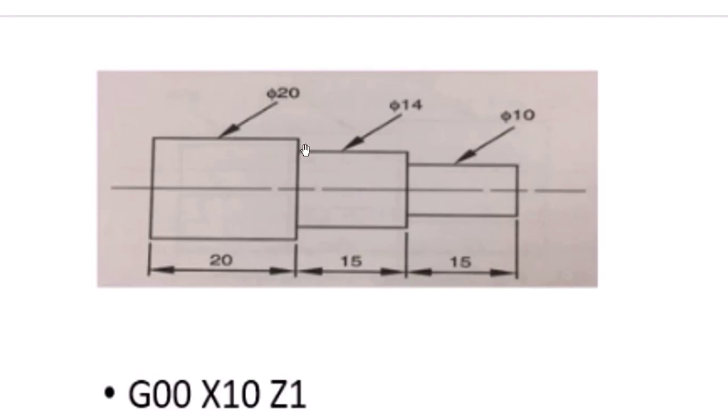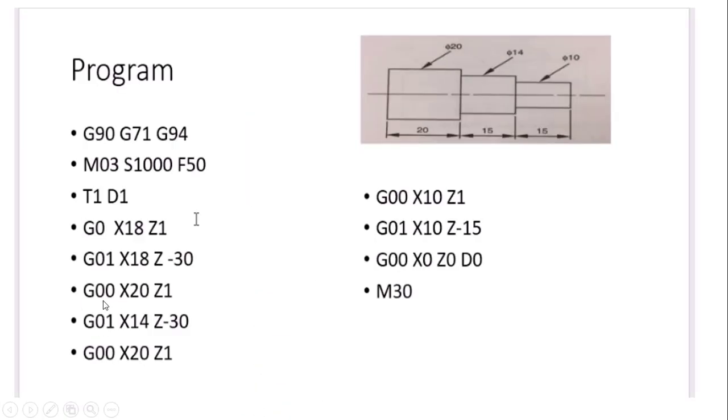When I have reached this location, I would take my tool back in this direction, because I can't move it back along the same line. Then I move the tool from this location to here and then take it down there. So in that case, I would say G00, X20 and Z1. From this location to X20, this is X20, so I would reach X20 and Z1. Z1 would be here. Then I came down.